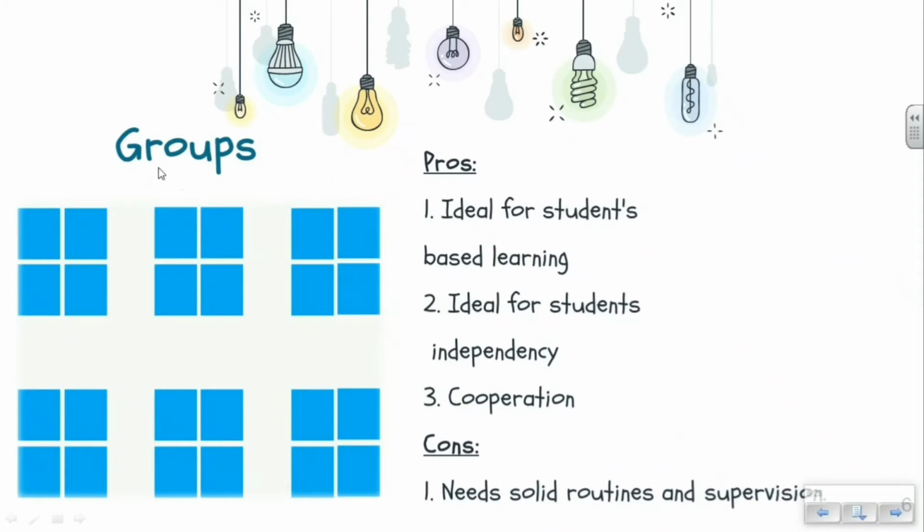This position or seating is groups. The pros of groups is it's ideal for student-based learning. So students are going to be responsible for their own learning. Ideal for students' independence. They're going to depend on themselves, on their ideas, on their collaboration and cooperation. The groups, automatically, they're going to compete between each other. So in order for group A to beat group B, for example, they have to work together as one machine,